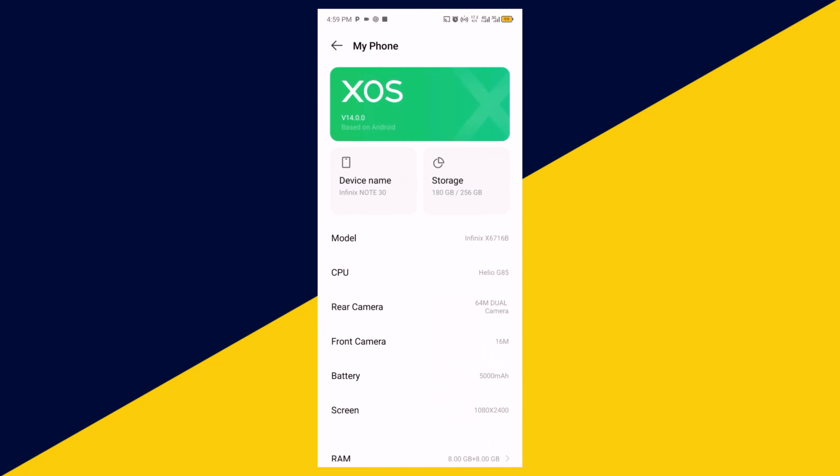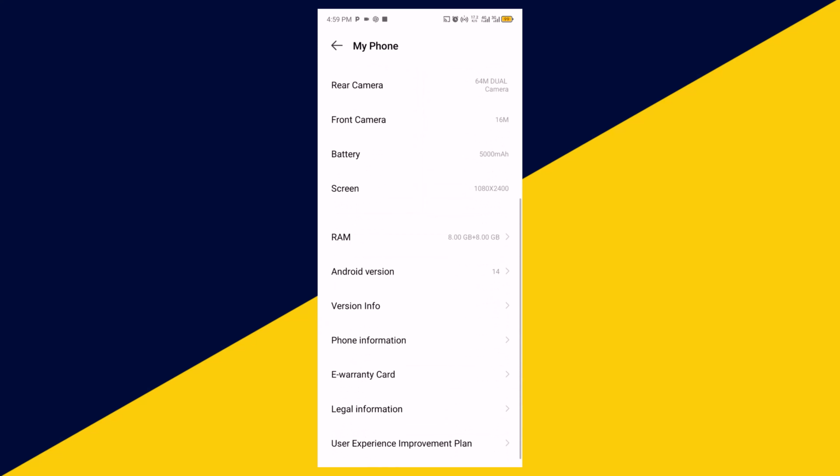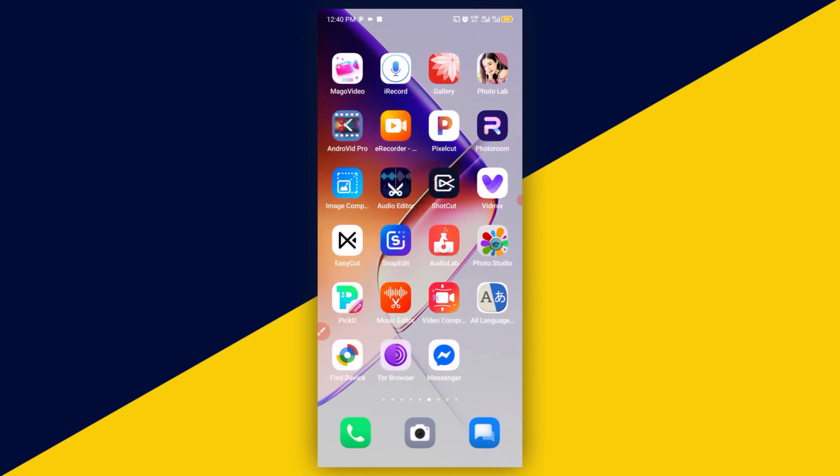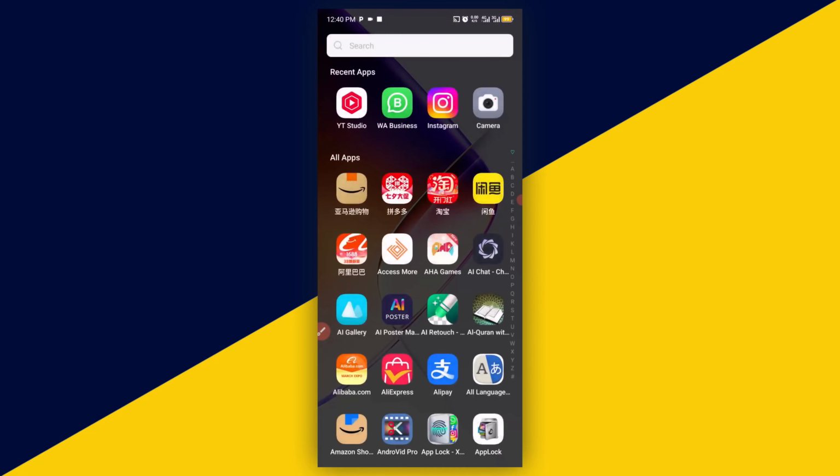Then it's going to take you right here. Next thing you need to do is to simply scroll down and go to phone info. Click on phone info. It's going to take you right here. What you need right here under build number, continue to tap it until you enter developer mode. All right, so after you have successfully enabled developer mode on your Android phone, next thing you need to do